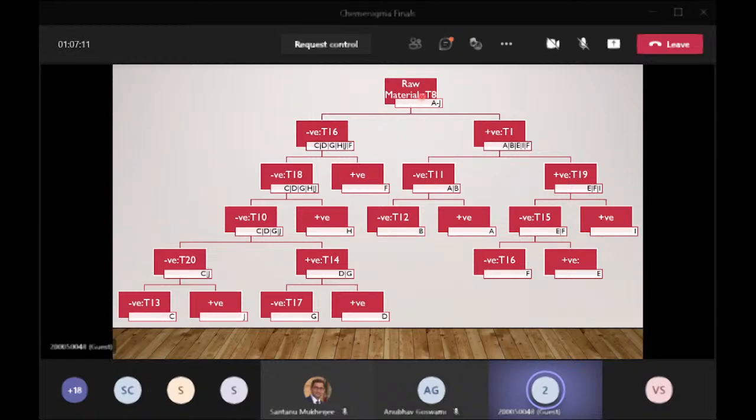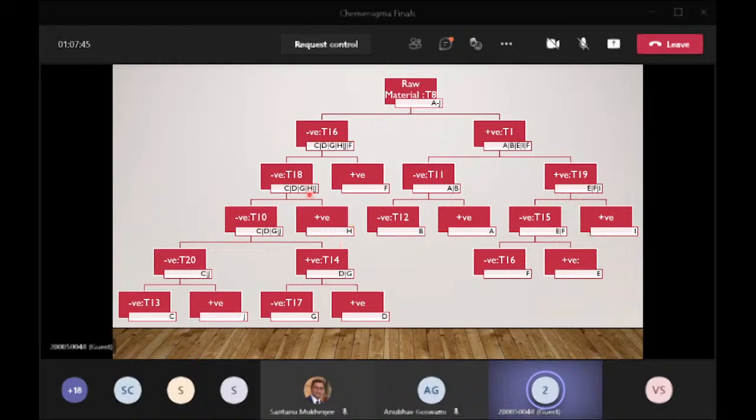I'll explain what I followed. First we go through the list of general tests, not the confirmatory ones, and find a test that divides the contending elements into two groups that are nearly half each, with as few elements as possible in the indeterminate slab. Ideally I was looking for only one element in the indeterminate slab, like H over here, and there's F over here. Before we go any further, we first check for the presence of that indeterminate element, like